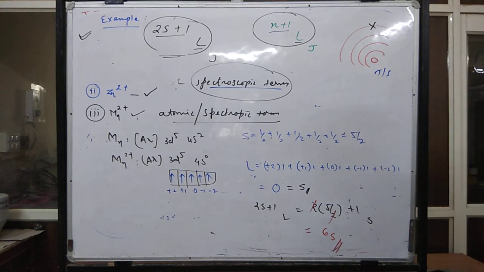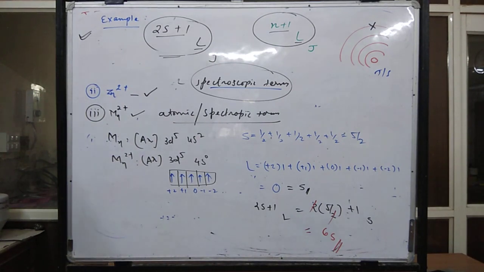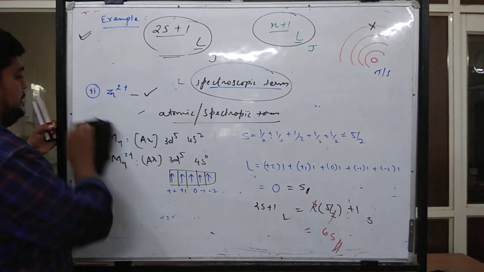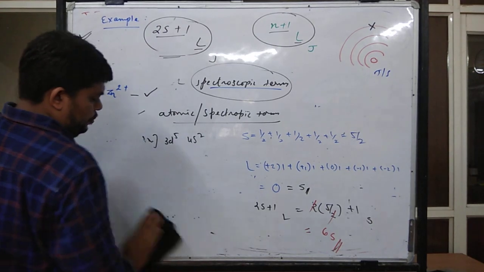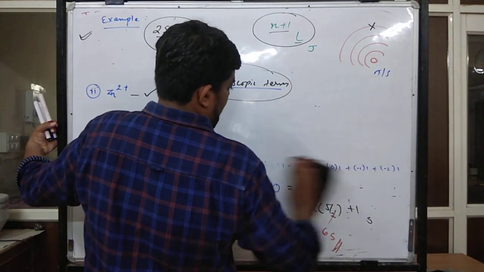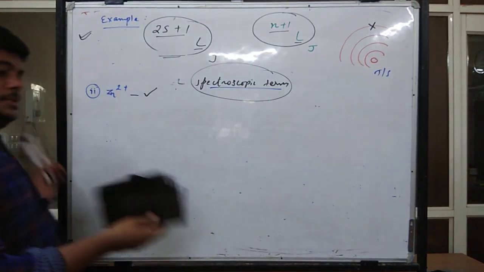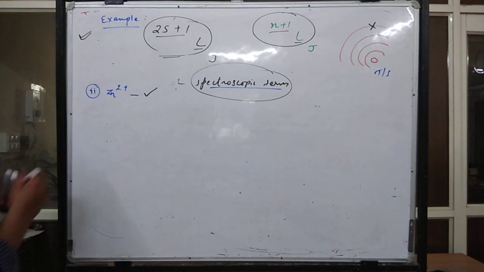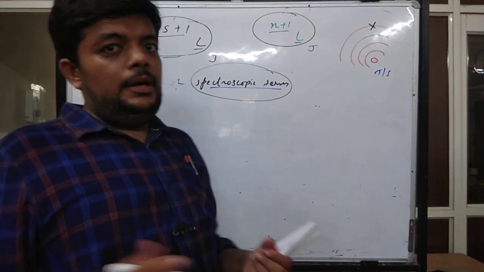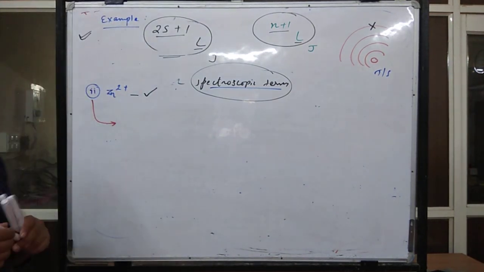And now let us move toward the third example that I have already placed over here, which has to be the second one, Zn2+. But I will also ask you at a later stage to calculate a few other very good questions that are asked in the exams, and if at all you are continuously learning or studying with us in this set of questions, I would rather ask you to mail me the questions you find regarding the term symbols, because now I am interested in directly making you solve those questions or discussing those questions with you.